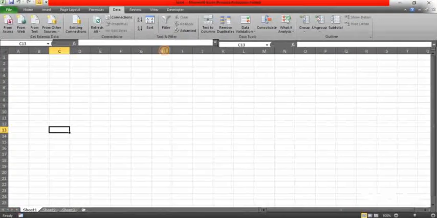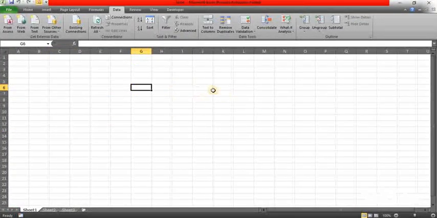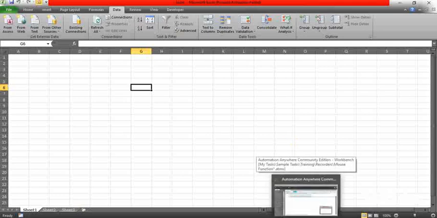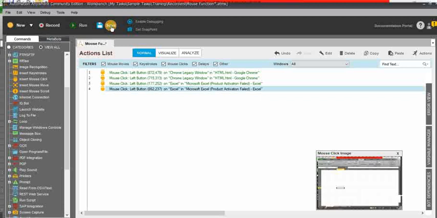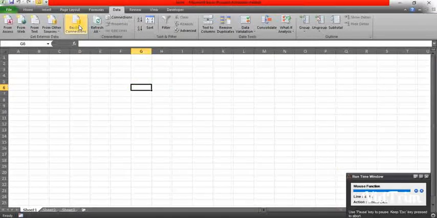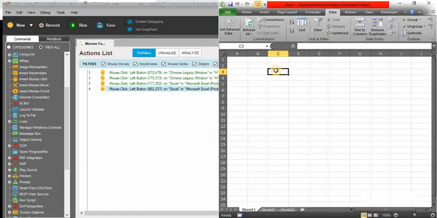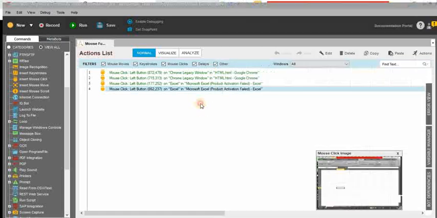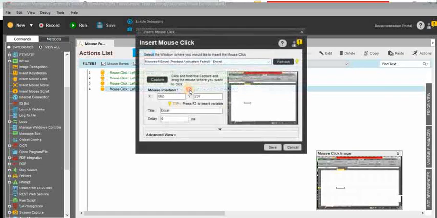So now I will expand my Excel screen. Previously it was half of my screen, now I have expanded to full screen. Now what will happen is, it will resize the window and select the range C4. You can see the results. Perfect. You can see, using the relative to function, it will resize your windows.